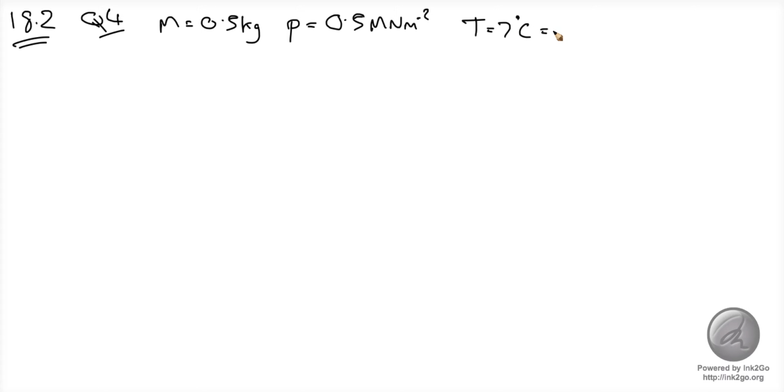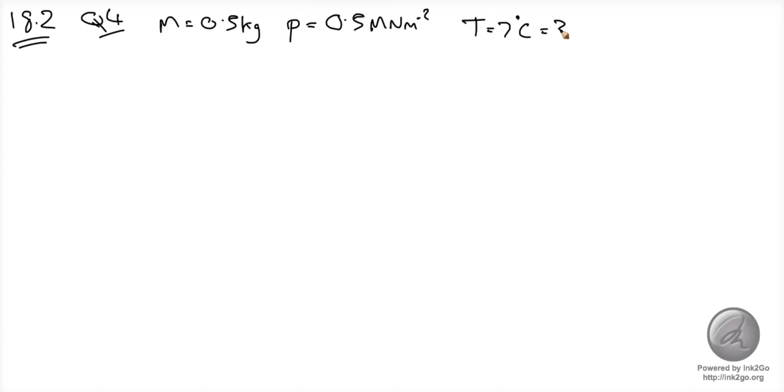18.2 question 4. It tells us an oxygen cylinder contains 0.5 kilograms of gas. So our mass of the gas is 0.5 kilograms. We write these things down as we go. At a pressure of 0.5 meganewtons per square meter, so megapascals if you prefer, and a temperature of 7 degrees C, which is 7 plus